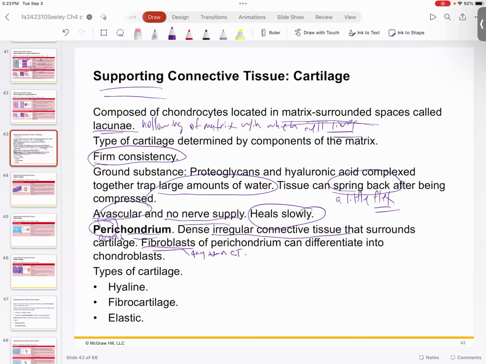And so these particular fibroblasts of the perichondrium have the ability to differentiate into chondroblasts. Remember, a chondroblast, a blast cell, is a cell that's laying down fresh matrix from the beginning. And so once you actually generate a chondroblast, then you're able to lay down new cartilage. Okay? But since you don't have a lot of vasculature supplying these cells, you're kind of limited in what